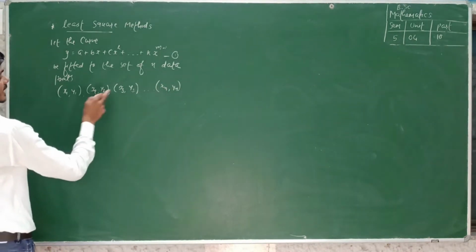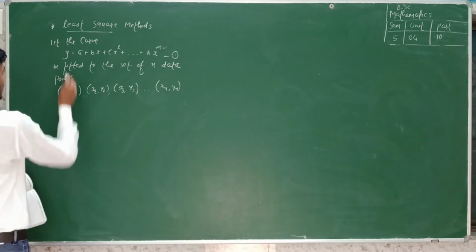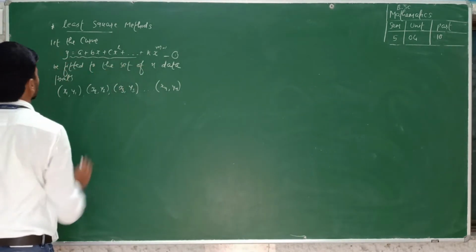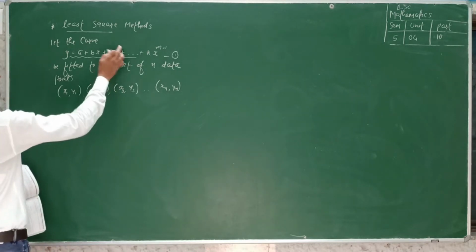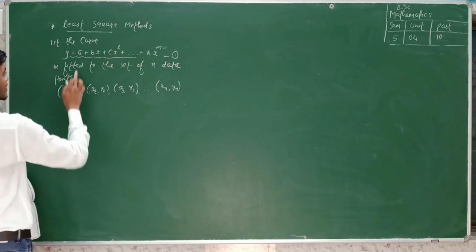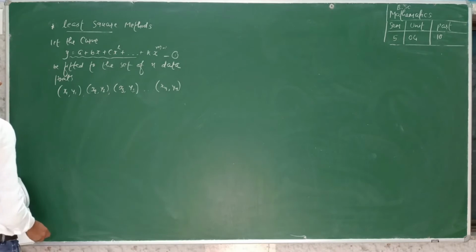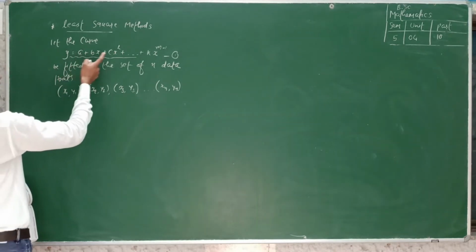Let the curve be y is equal to a plus bx plus cx square plus dx cube up to kx raised to m minus 1, where a, b, c up to k are arbitrary constants. We find these constant values